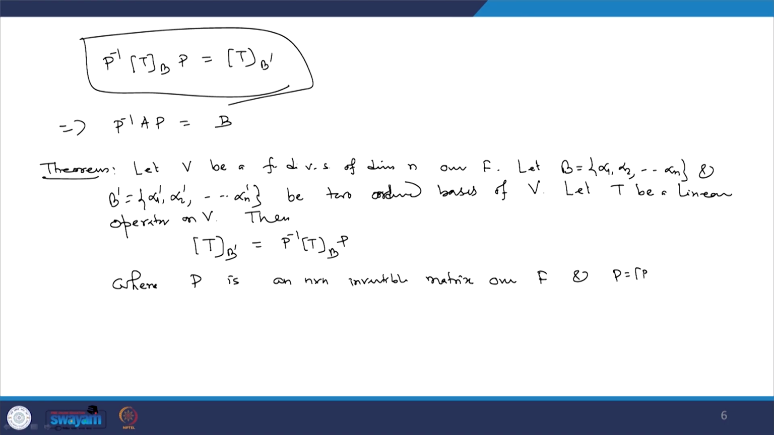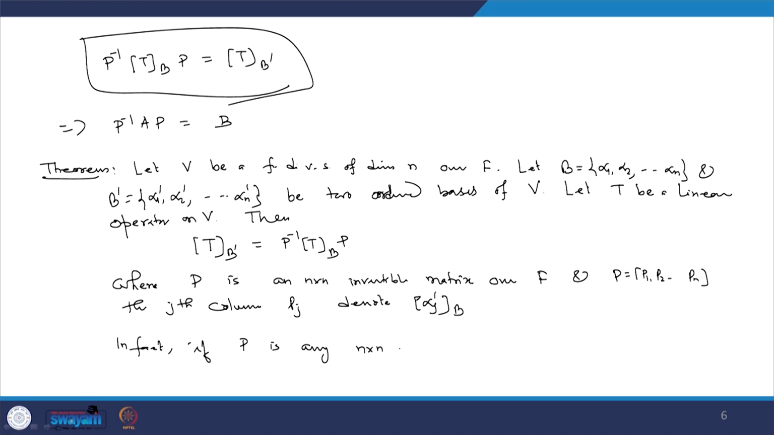and if P is equal to, say, P1, P2, up to Pn, the n columns, the jth column Pj denotes the coordinate matrix of alpha j' with respect to ordered basis B. In fact, if P is any n cross n invertible matrix over capital F and T is a linear operator on V